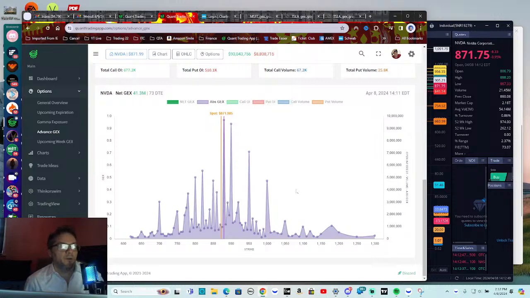So here, the absolute GEX, the top 3 absolute GEX are higher than the current spot price. That's interesting, right? We're putting these clues together, we're putting them in a file to hand over to the DA once we make the trade. So the higher